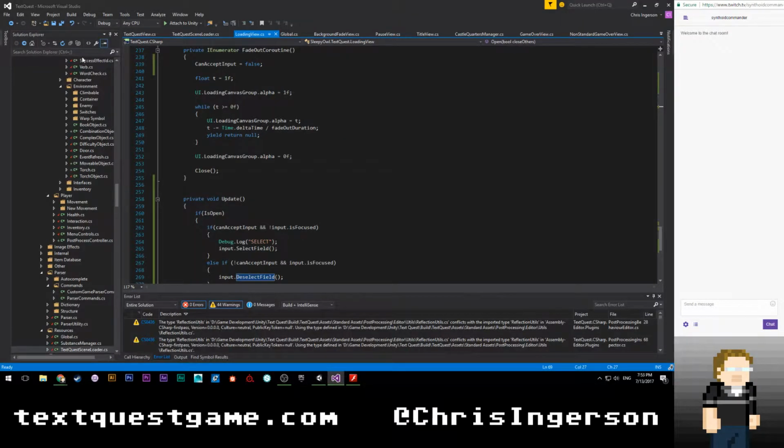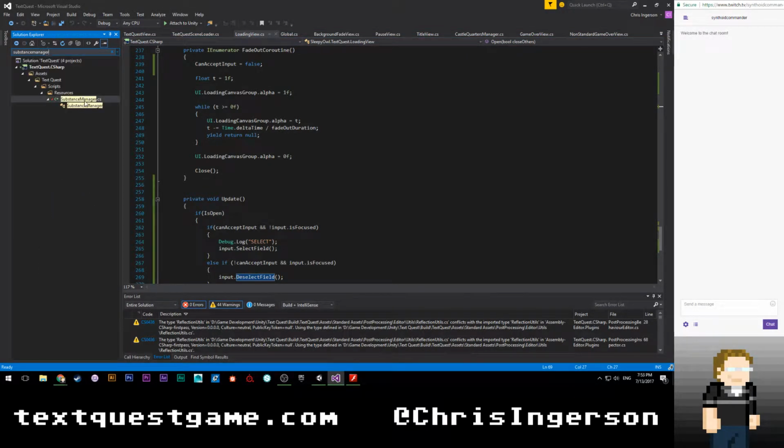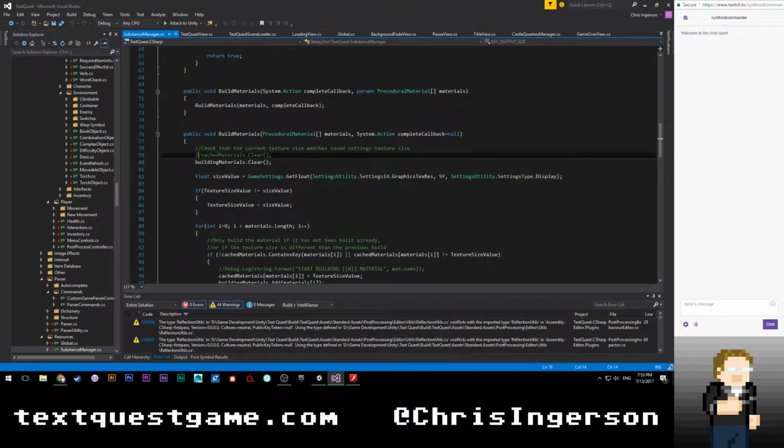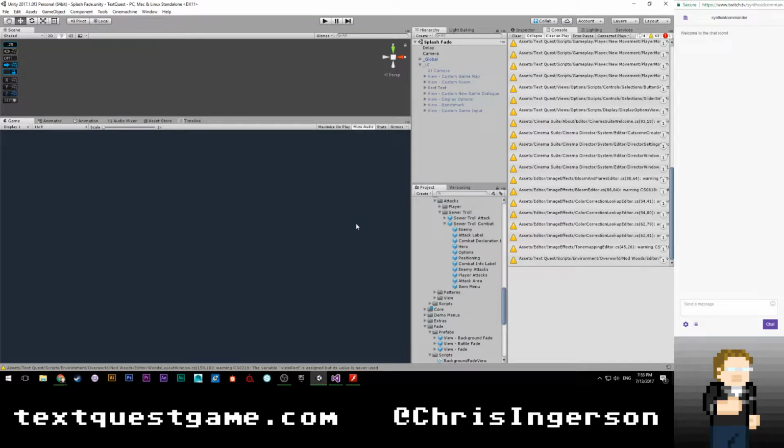Well, while this is going on, I'm going to go to Substance Manager, and I'm going to show you the line that I had to comment out to make my global illumination stuff work. I'm going to uncomment that. What should happen when Substance Manager builds its materials, it clears the cached materials and then builds whatever materials have been passed in. The point of that is that I don't retain references to substances that were in other levels.